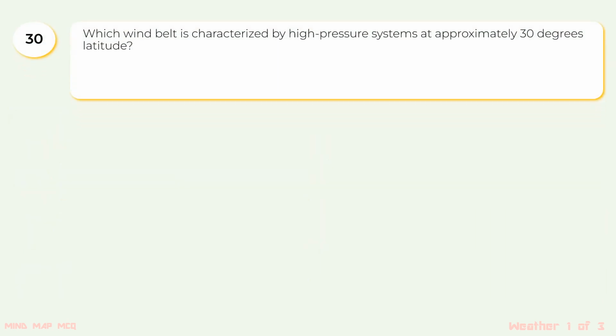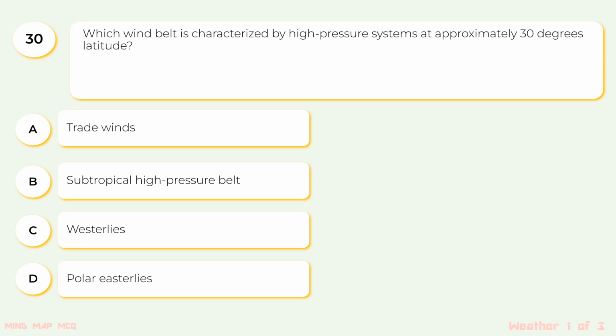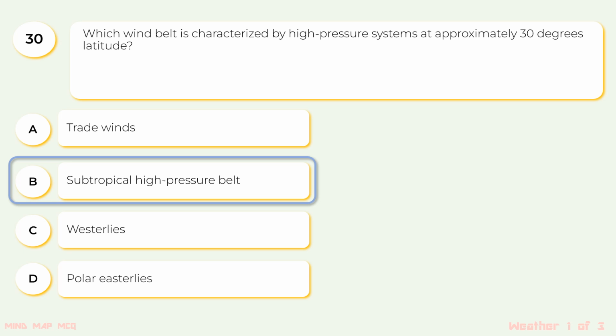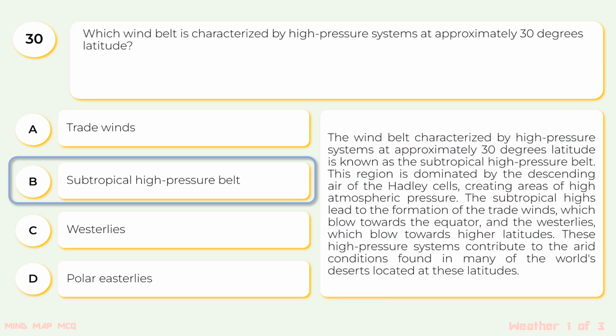30. Which wind belt is characterized by high pressure systems at approximately 30 degrees latitude? The options are A. Trade winds, B. Subtropical high pressure belt, C. Westerlies, D. Polar easterlies. The correct option is B. Subtropical high pressure belt. The wind belt characterized by high pressure systems at approximately 30 degrees latitude is known as